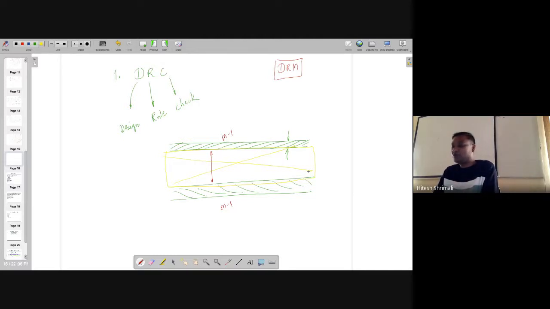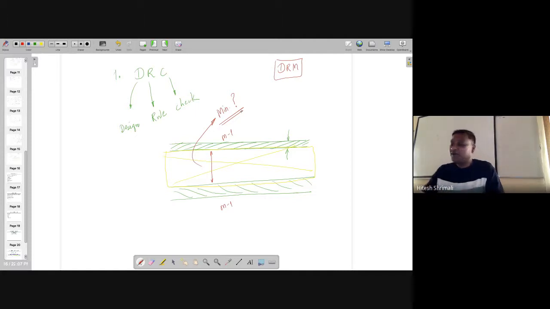Okay, so now answering the question Saurabh asked me in the morning. Do we need to keep the minimum, like that was the question, right? The distance between these two, should we keep the minimum? What do you think? Should we keep the minimum? Because if you are keeping the minimum, there is no DRC error. So what do you think we should do? Should we keep the minimum?